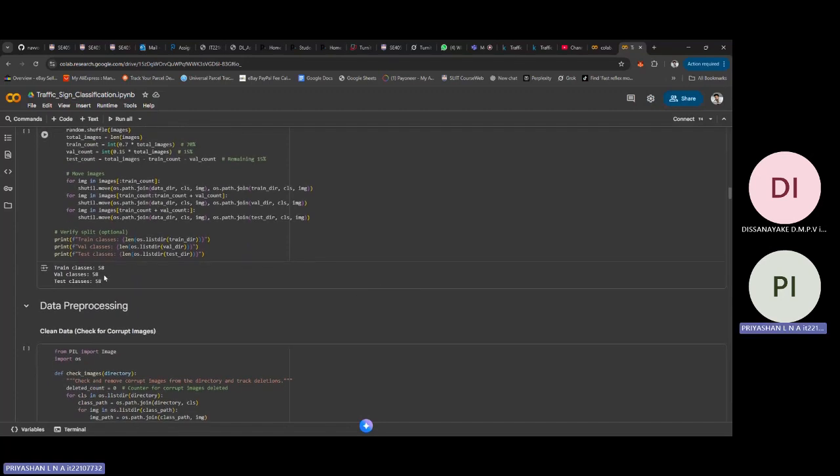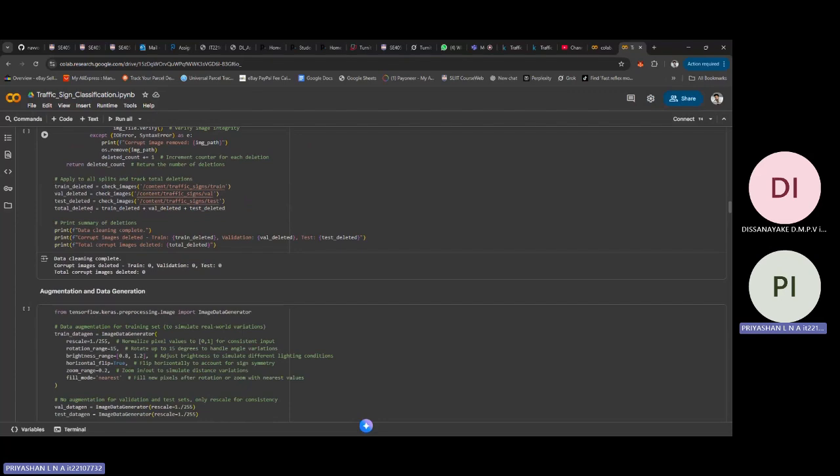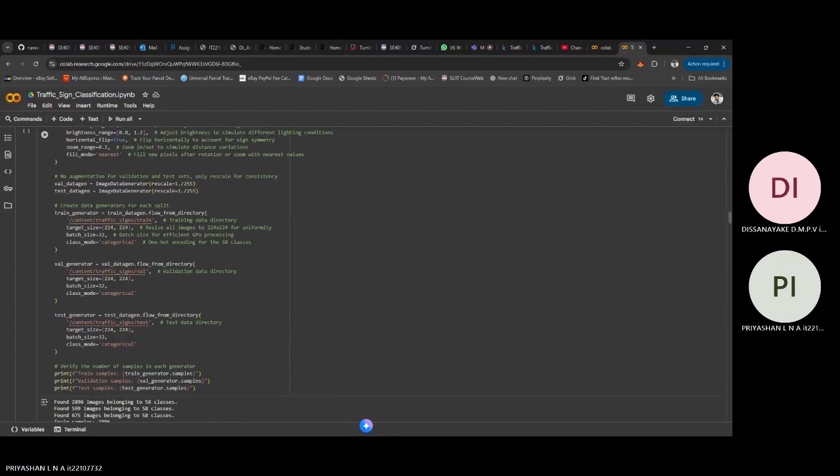Here you can see the classes. For the data pre-processing part, we have cleaned the data by checking for corrupt images, and we found 0. In the augmentation part, we applied it to the training, validation, and testing data. And